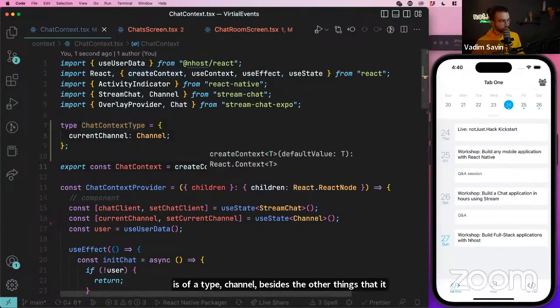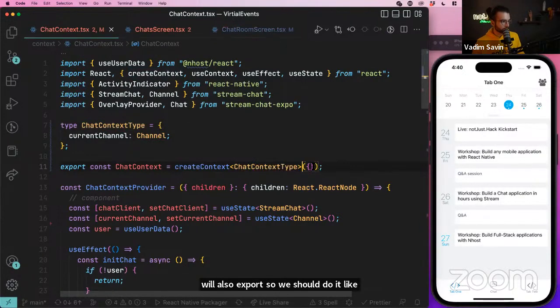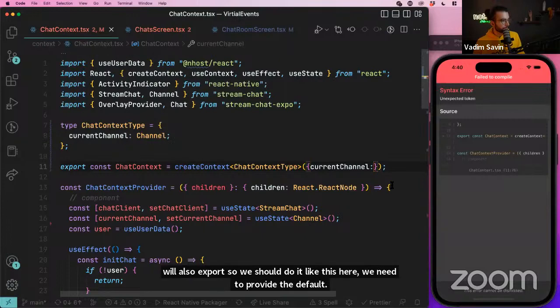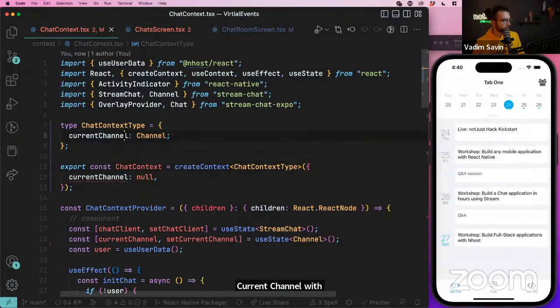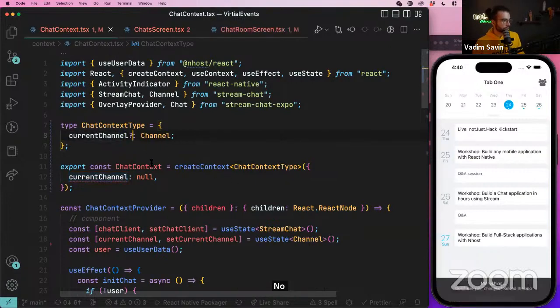So we should do it like this. And here we need to provide the default current channel with null. It can also be